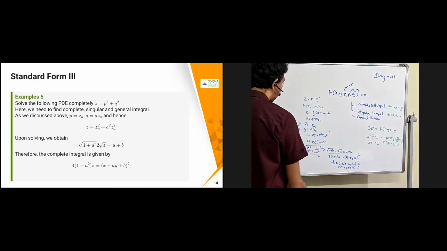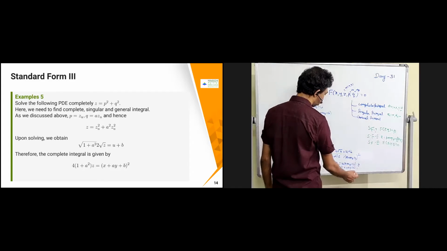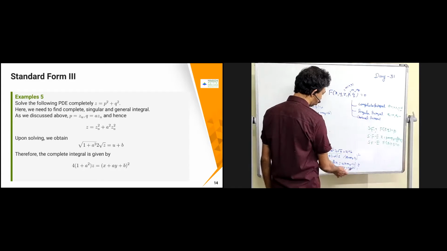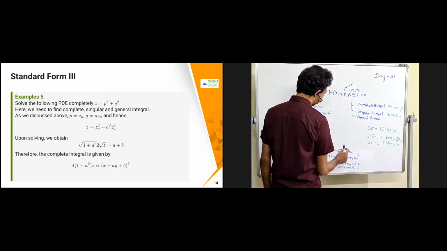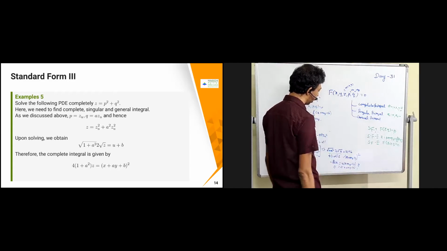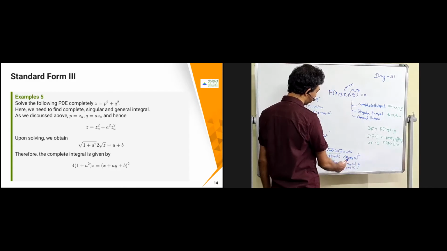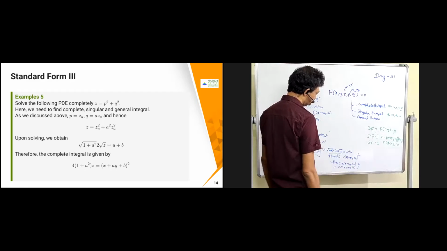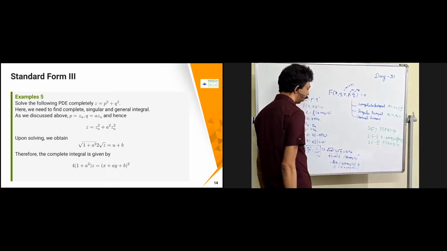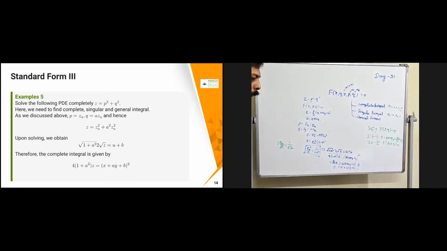So this is going to become 2 into (x plus ay plus b), and this is going to become 0. Therefore, I can just put this as 0. Therefore, a can become 0, because 8az is going to become 0. So from that you can eliminate a, and you can get the answer only in terms of b.